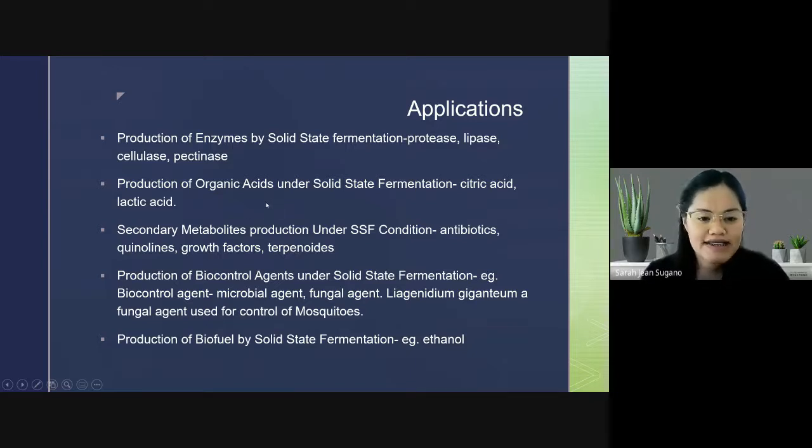And third, it is also used for the secondary metabolite production. Could be antibiotics, quinolines, growth factors, and terpenoids. Okay, and we also have biocontrol agents. These are microbial agents, fungal agents, and